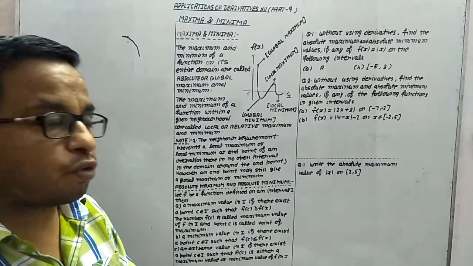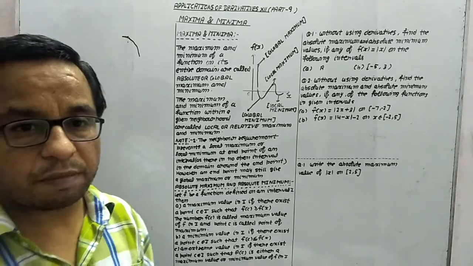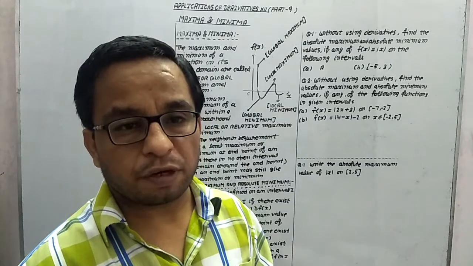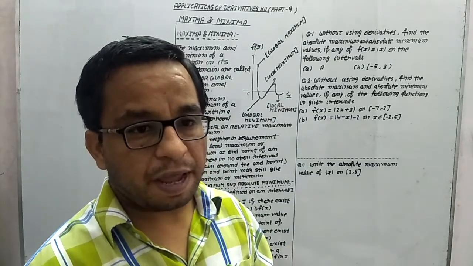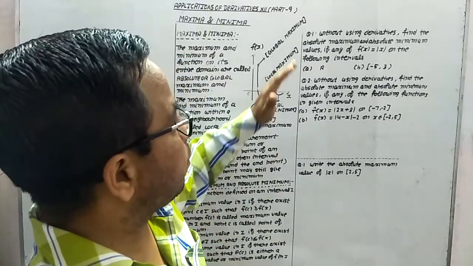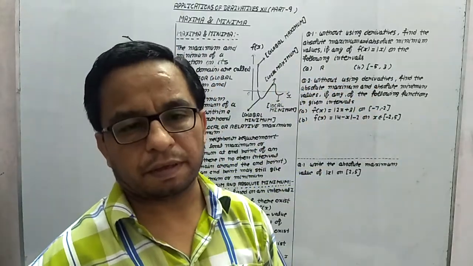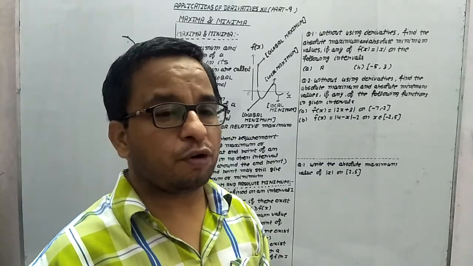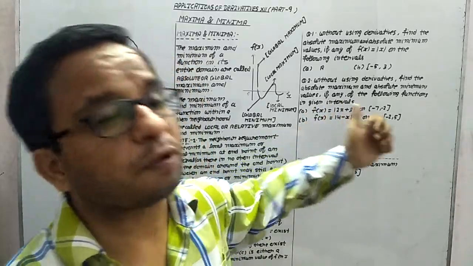Now, there are two rules. On the basis of these rules, we will find the absolute maximum and absolute minimum, if they exist, by a simple method. It means without using the first derivative or without using derivatives. It means बिना derivatives के यूज किए हम absolute maximum and minimum कैसे find out करते हैं. Today we will learn this concept also.